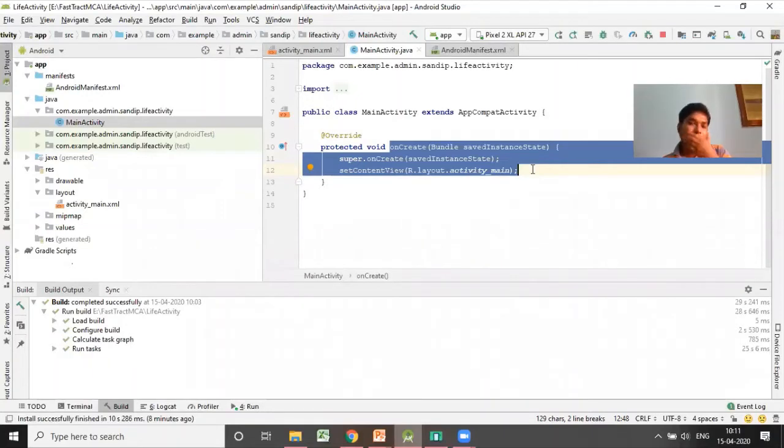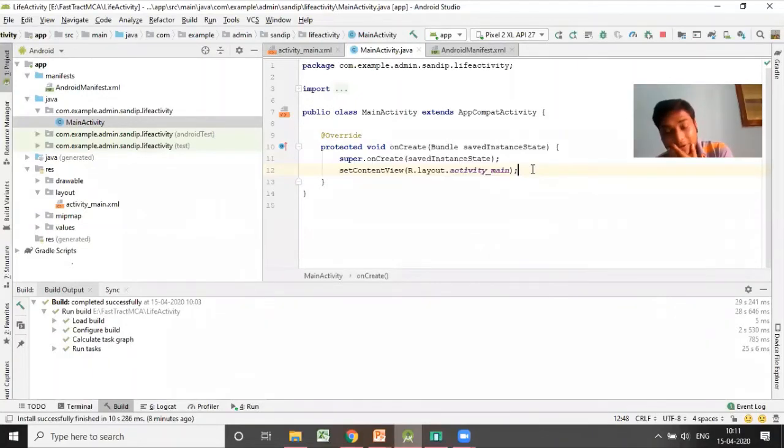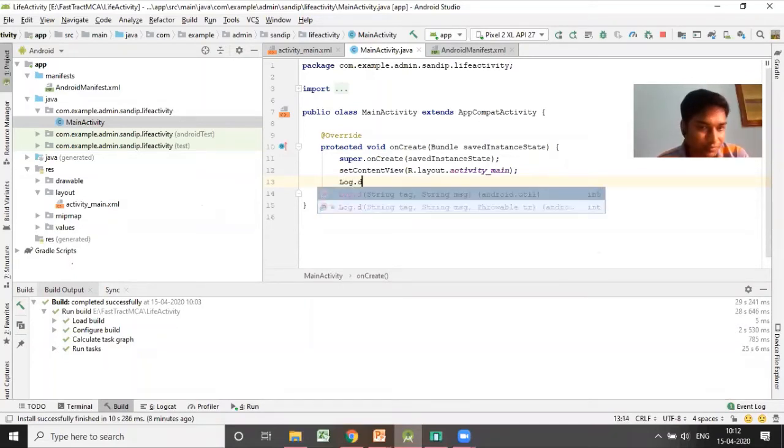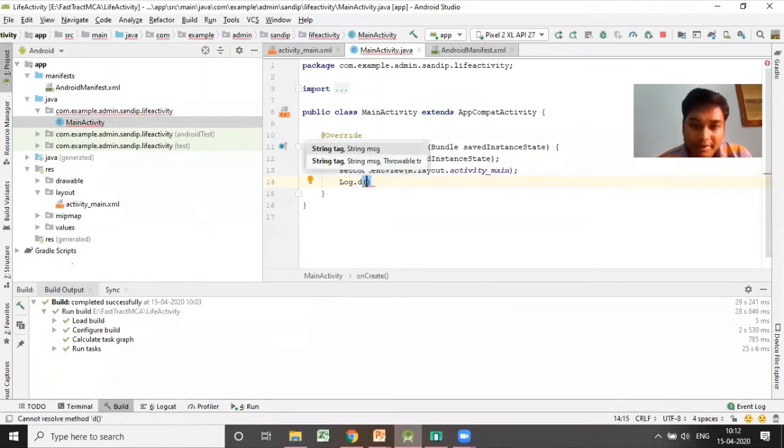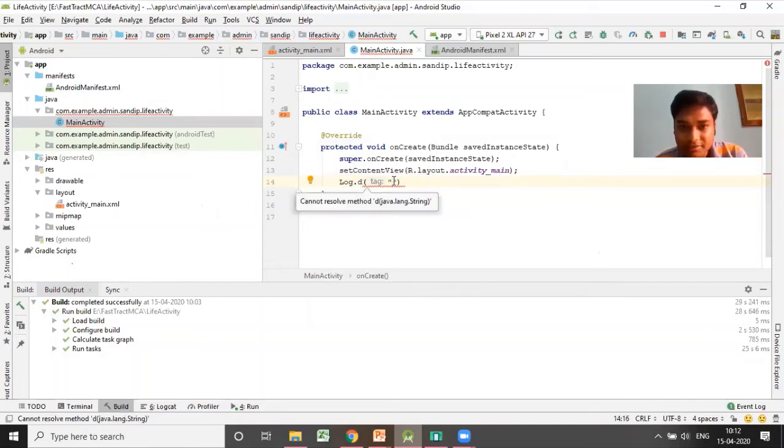Now for your understanding of which function is running now, I'll write one more thing, called Log.d. I'll write this function, and there are two parameters in this function, Log.d.